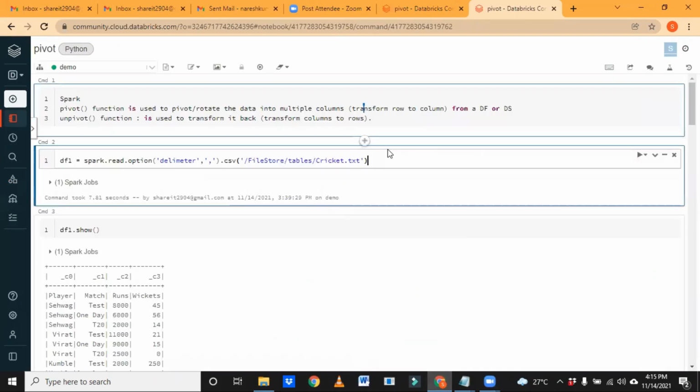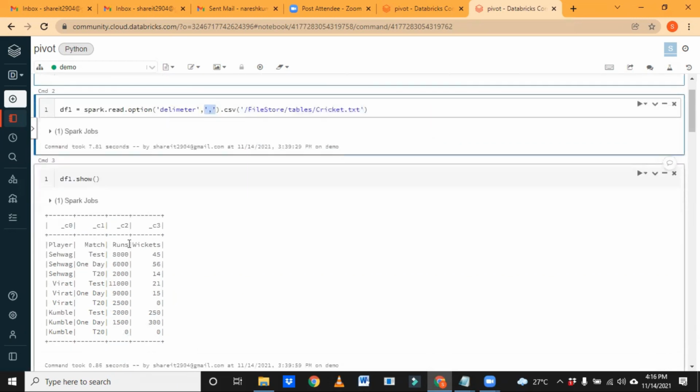It's very easy. So we are trying to create one data frame out of this file. The file is already uploaded and is there in this path. Since our file is comma delimited, I just gave a comma delimiter.